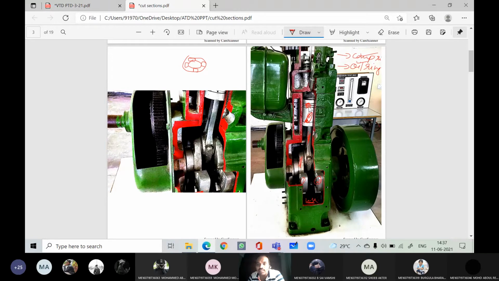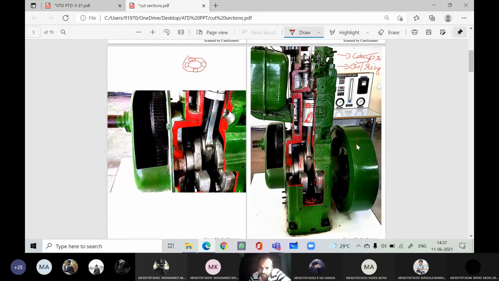Because the velocity of the piston is not at all uniform. We already studied in air compressor, at the top dead center and at the bottom dead center, literally the velocity is 0. Therefore, the piston is subjected to fluctuating velocity. In order to balance that, we need to maintain some counterweights, right?